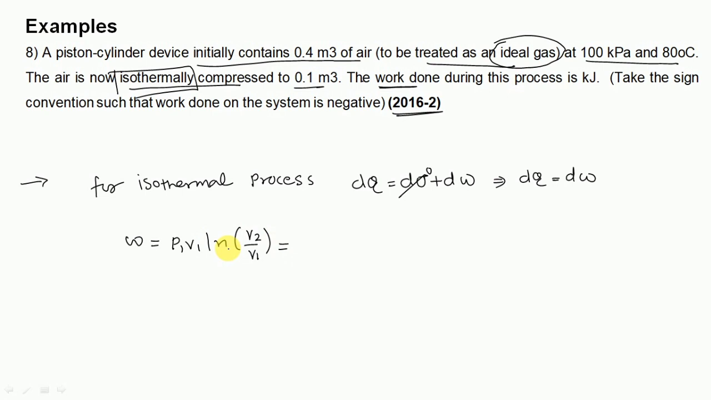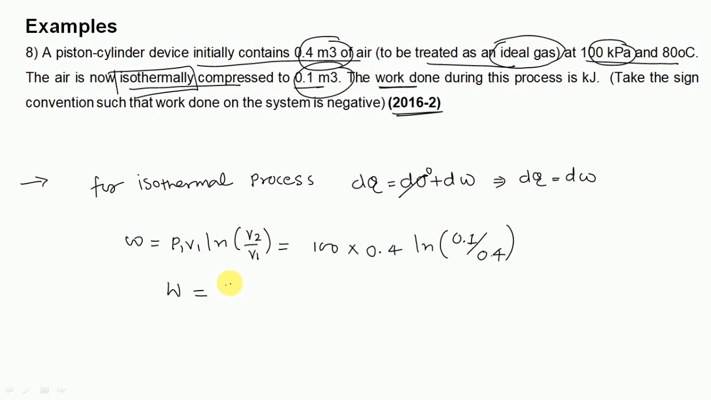So now put the values. For state 1, the pressure is given as 100 kilopascal, so put 100 kilopascal here. The volume is given as 0.4 meter cube, so put 0.4 meter cube. In ln V2, after compression the volume is 0.1 meter cube, so put 0.1 divided by V1, 0.4 meter cube. With these values taken, W is equal to